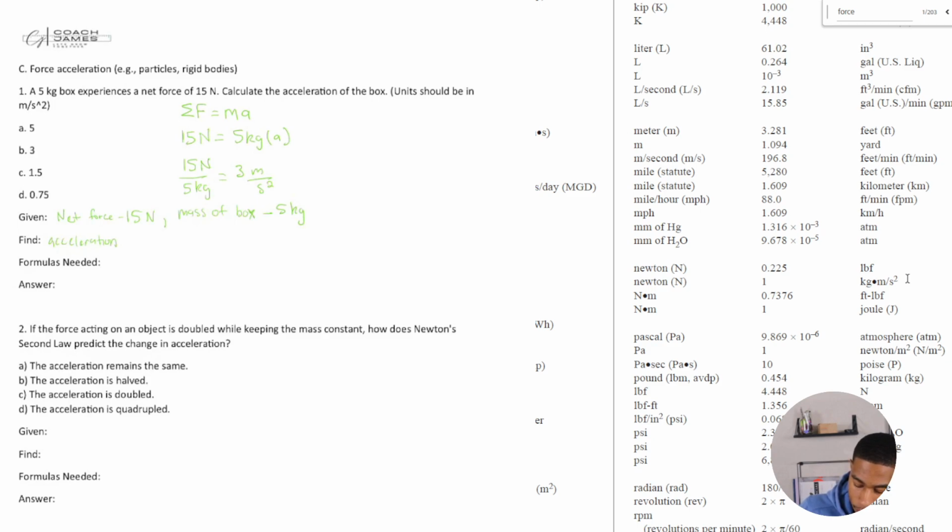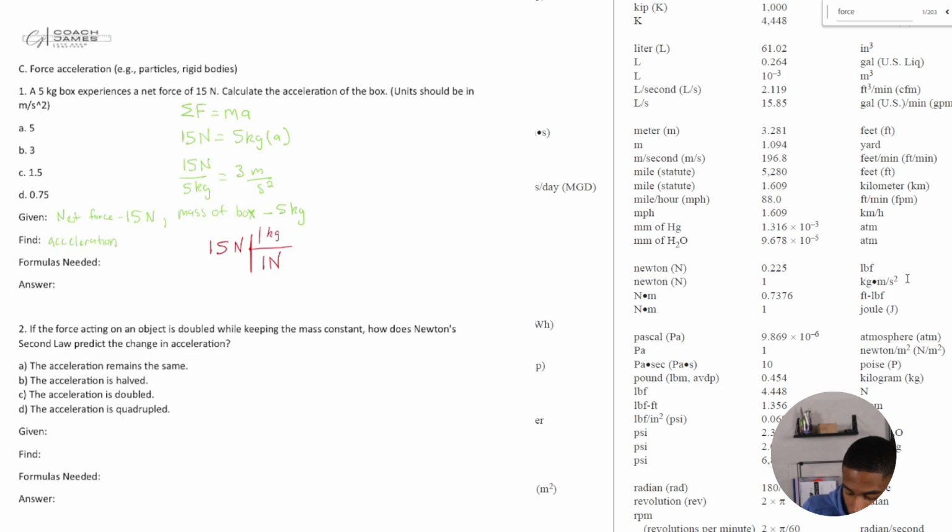Are y'all seeing where I'm at? Maybe, maybe not. Let's try to slide this over. So if we want to convert our newtons to kilograms times meters per second squared, I might say 15 newtons, and I know that, just doing our unit conversions here, 1 Newton is equal to 1